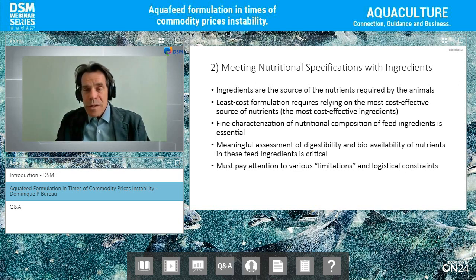Now you can do this through price shadowing. You can run, for example, a feed formulation and identify which one did, but that can be quite tedious. So we've developed kind of a different approach for this. We'll get to this. Now, the ingredients are a source of nutrients. So understanding your ingredients, characterizing the nutritional composition of your feed ingredients, to me is really key.